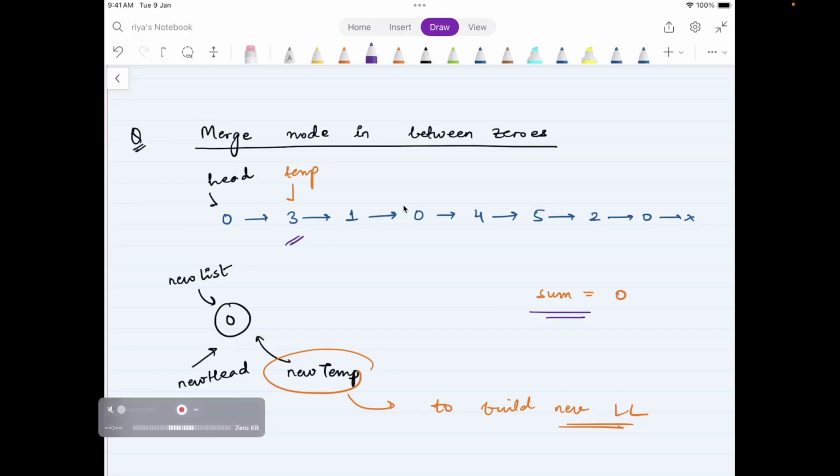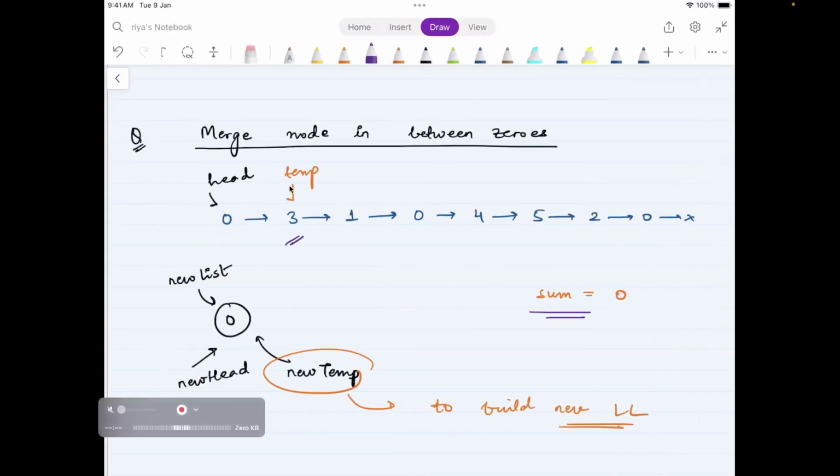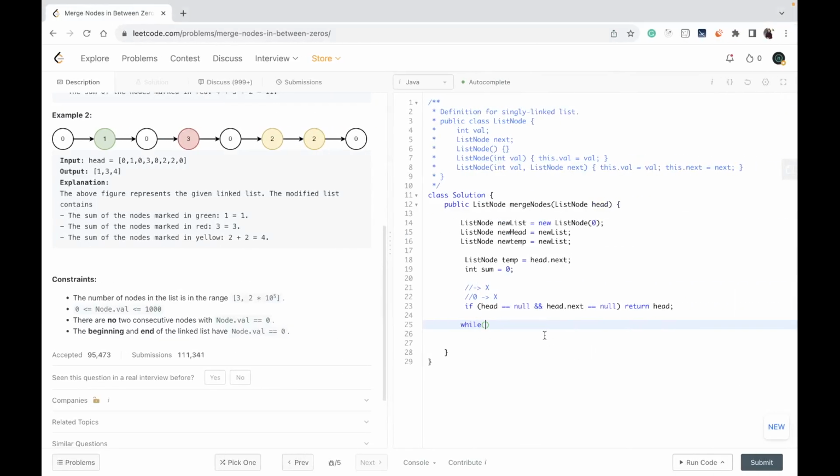Basically, till the time this temp pointer, which is used to iterate over the linked list, is not equal to null, I will keep on adding values to the sum, and keep on doing temp is equal to temp dot next. This is just the basic idea.